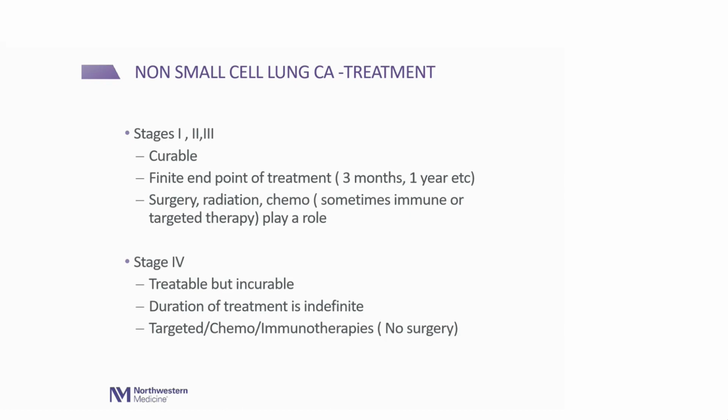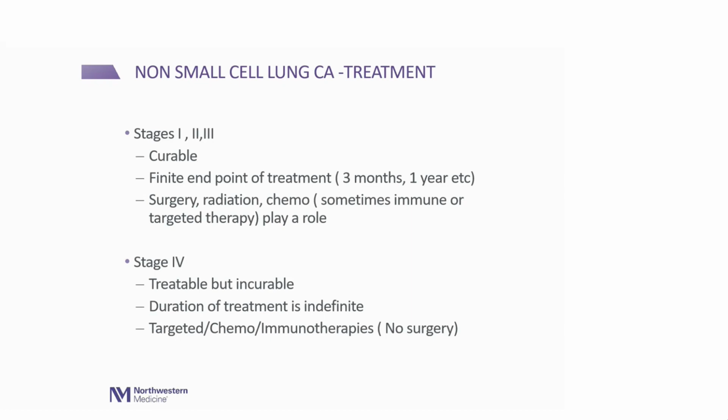The goal of treatment here is to prolong life, give more quantity by controlling the disease, but also quality. We also want to maintain quality. The side effects from the treatments we offer, we want to pay attention to that. If it's too much, we want to back off. So we want to strike that fine balance of quantity and quality here. Whereas in the earlier stages, 1, 2, and 3, our goal is cure. So we do the treatment, you're done with the treatment, and then we hope that the cancer never comes back again.